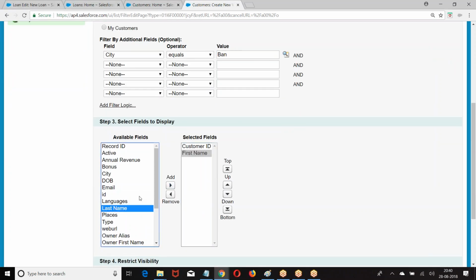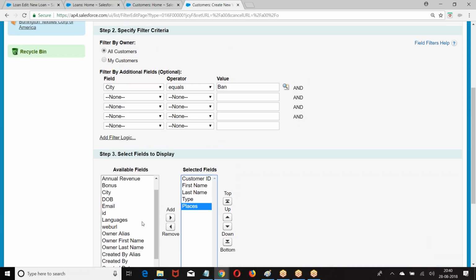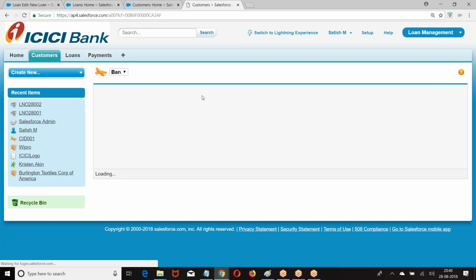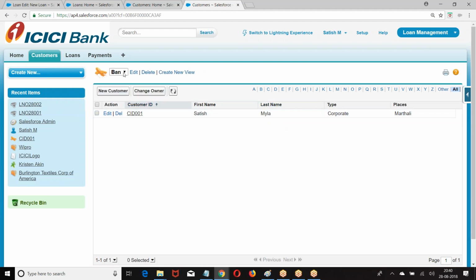First name, last name. This is how we are creating, right? All Bangalore. We can create our own condition. What was that page called? List view page.